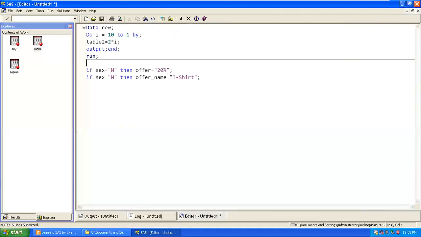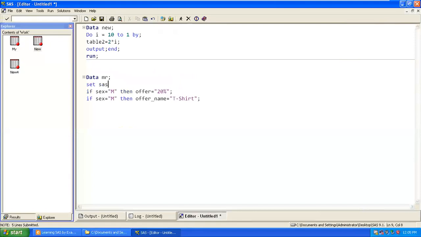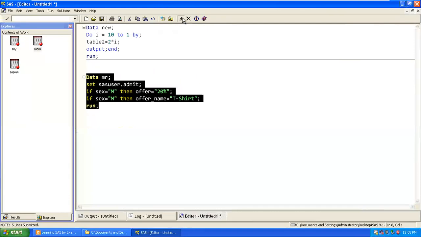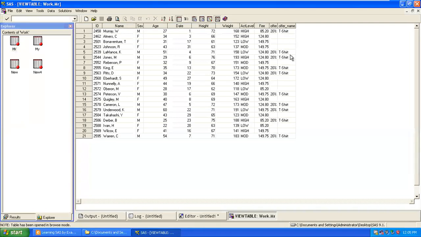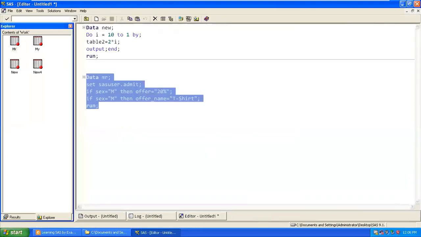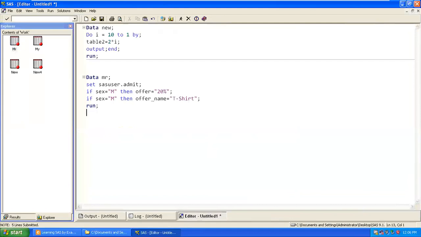So if we are trying to do this, what happened? Data set, user data, correct? We are using this, and based on the same single condition we are trying to write two queries. So we are providing for male only a t-shirt with 20% discount, but we are writing it two times. Now with the help of do, what we can do: we'll remove this, write do here, make it down, and remove this whole one.